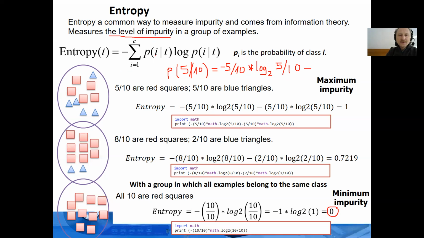The triangle probability is the same, because there are 5 triangles, 5 divided by 10, times log base 2 of 5 divided by 10. Then we sum the two terms. When you make this calculation,